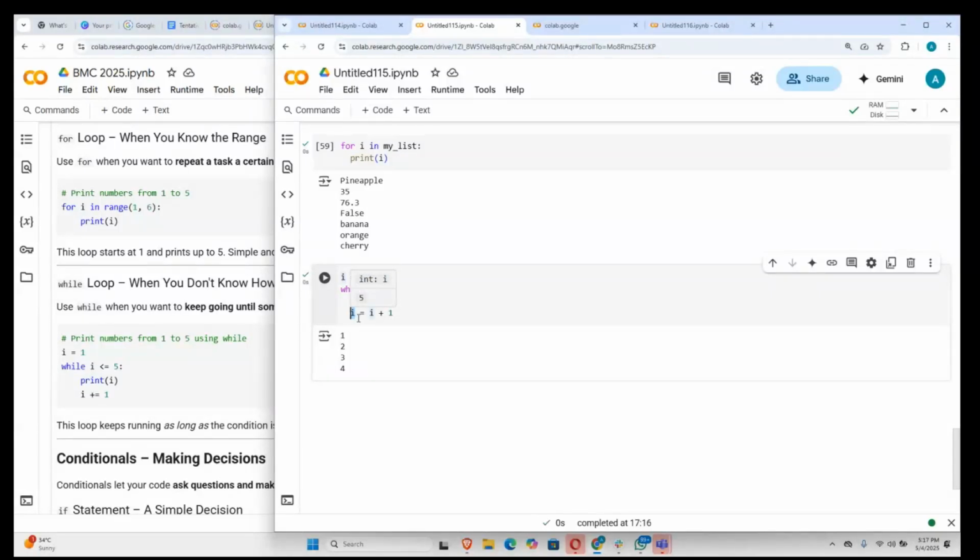Because at this stage I have my I to be 1, then moving down to the next line, I have my I substituted to be 1. So 1 plus 1 equals to 2. The new value of my I will now be 2. It will carry the new value, which is 2, up here. Then it will check, is 2 less than 5? If that is true, it will come down here, then print I. After printing that I, which is 2,